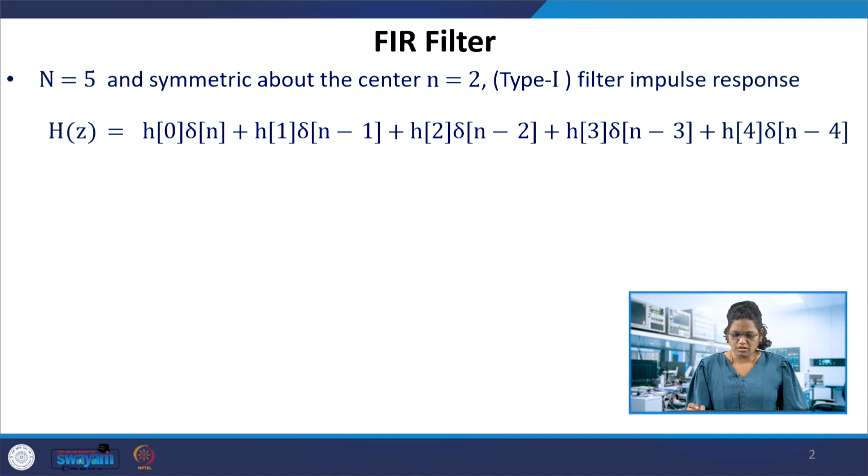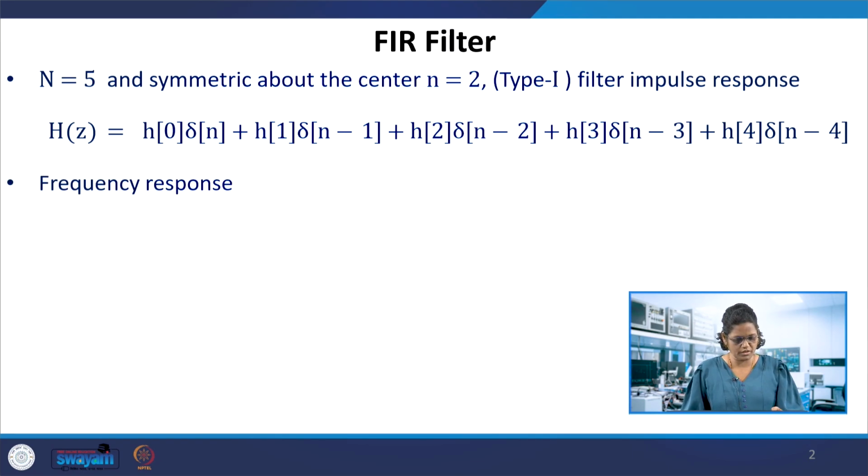So the coefficients, restricting n here to n minus 1, which is 4, the impulse input can be represented as delta of n, n minus 1, n minus 2, n minus 4. These h0, h1, h2 are the coefficients of the filter, and depending on h0, h1, h2, h3, h4, the output would be y of n or H of z here. H of z represents the response.